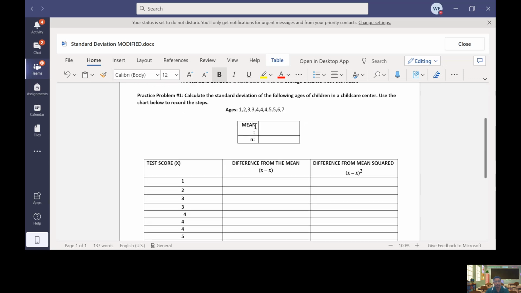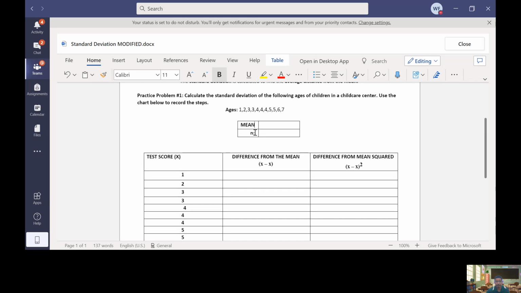All right. So here, the first thing we're going to look for is the mean. As you guys may remember, the mean is the average of all the numbers in the data set that we're looking at. So what we're going to do is add 1, 2, 3, 3, 4, 4, 4, 5, 5, 6, and 7. These are the different ages of the children in this child care facility. We calculate that by adding all these numbers together,